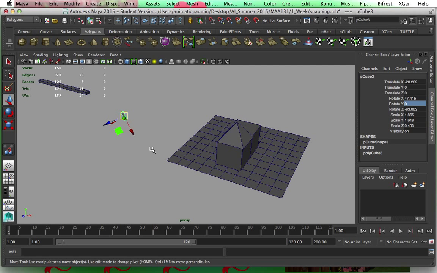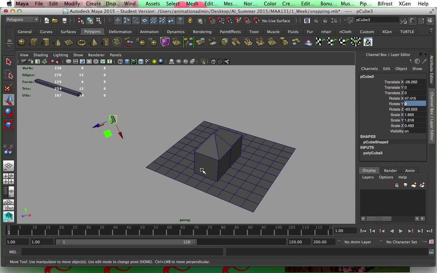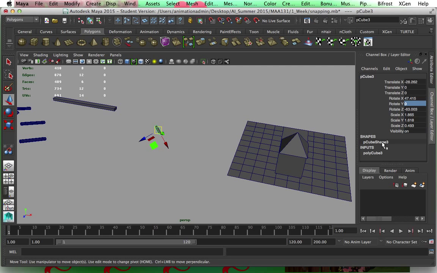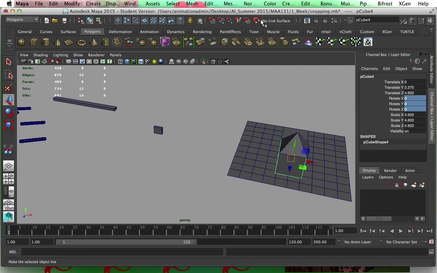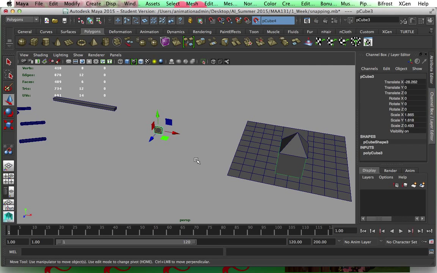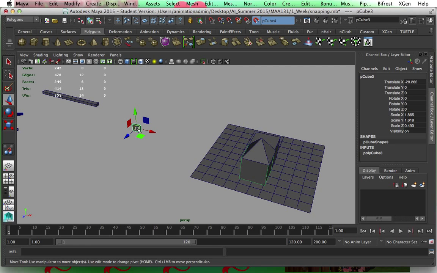Let's say this is a window, and I want to snap this window to the side of the house. All right, another way to do it is by making a live surface. So I'm going to make sure this window has no rotation at all by zeroing out all the rotation X, Y, and Z. And select this object and go up to the status bar and select this option, the magnet. So now that object becomes a live surface. Now all I have to do is click on this object, middle mouse click on the center in that circle, and move it over